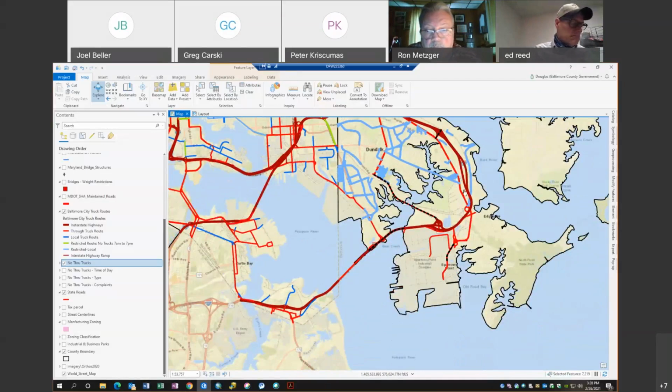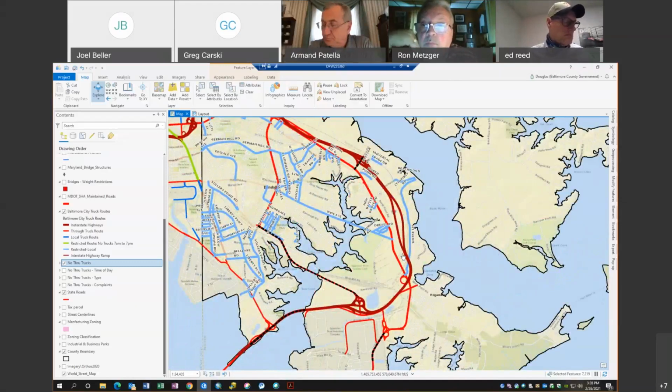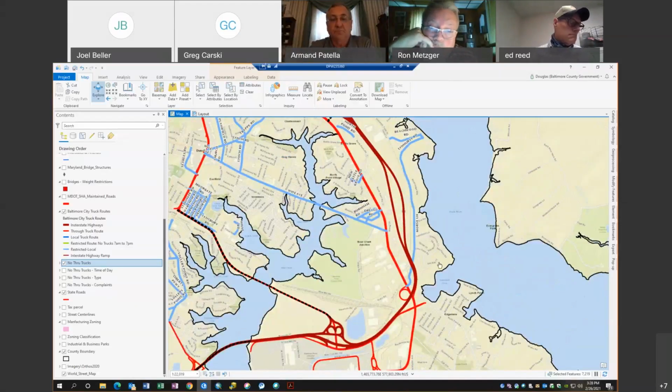Can we zoom in and look at that for a second? Sorry, can you tell us one more time where the issue is? At some point before you get to Edgemere, we should have signage that points the direction of Trade Point Atlantic. Some of the truckers are going into Edgemere off of North Point Boulevard. And I believe that's Sparrows Point Road, I think.